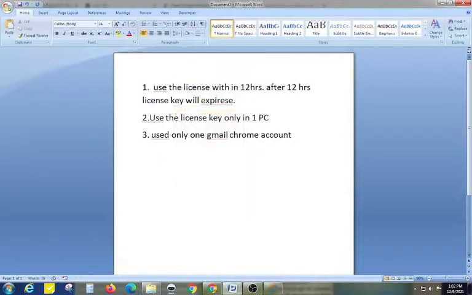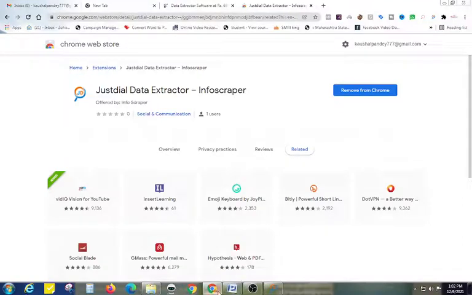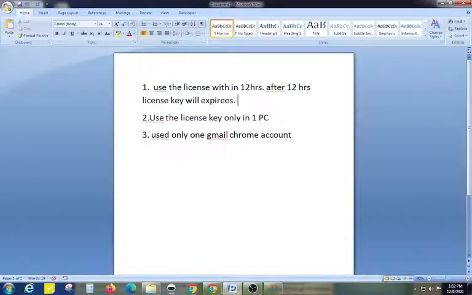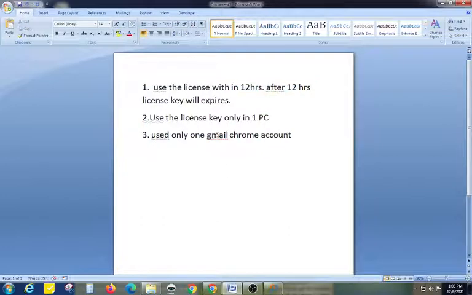When we give you a license key, use it within 12 hours, and then you can use that application for 1 year. If you do not add that license key in your Chrome extension and upgrade to Pro, then after 12 hours this license key will expire. These are very important things to keep in mind for the smooth functioning of your software.